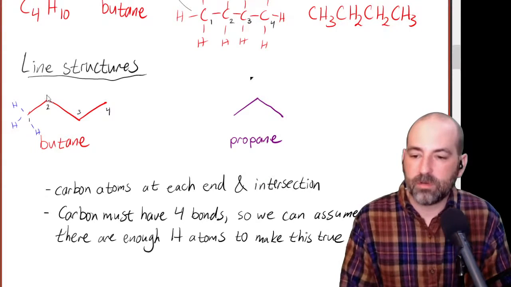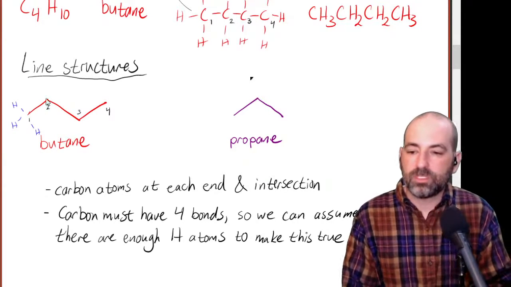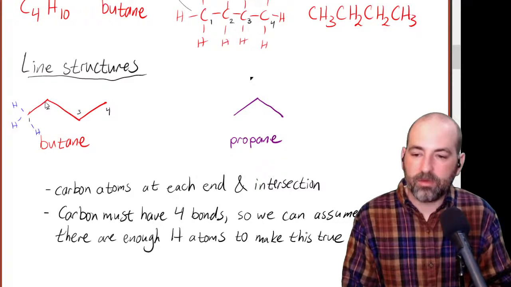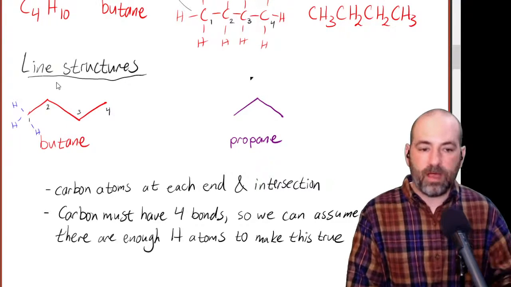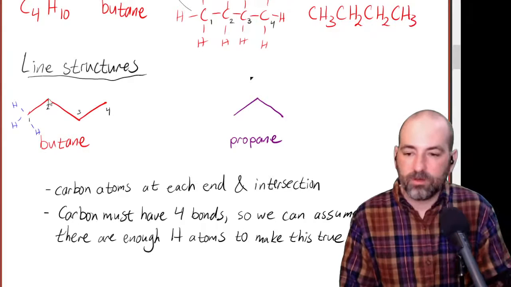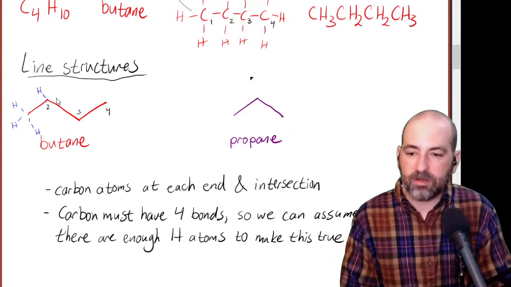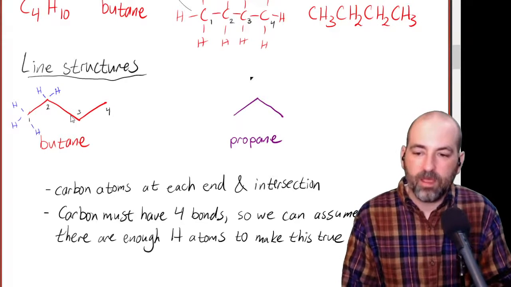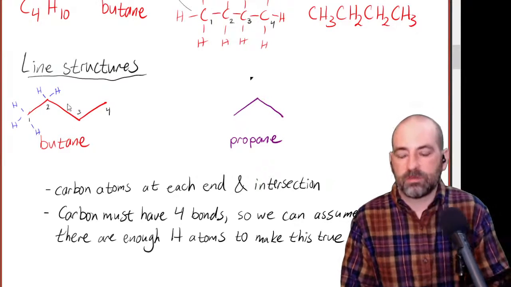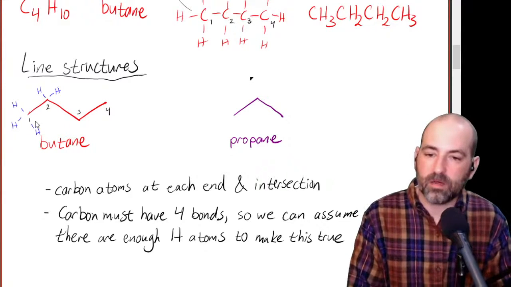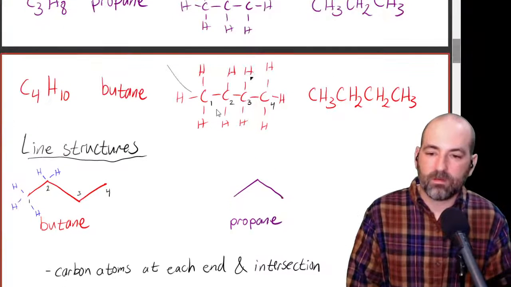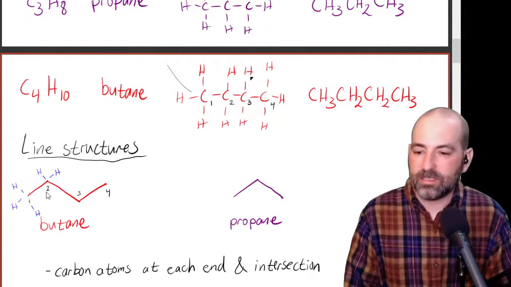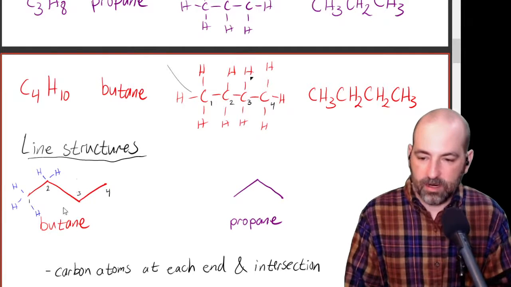If we move over to carbon number 2, same idea. We see 2 bonds coming from carbon number 2, one over to number 1 and one over to number 3. So that means there has to be 2 more bonds in there also, and those are both to hydrogen. So we've got a hydrogen here and a hydrogen there. And then carbon 3 is going to be the same as carbon 2. Carbon 4 is going to be the same as carbon 1. So if we look back up at our Lewis structure, we can see how that's reflected here.